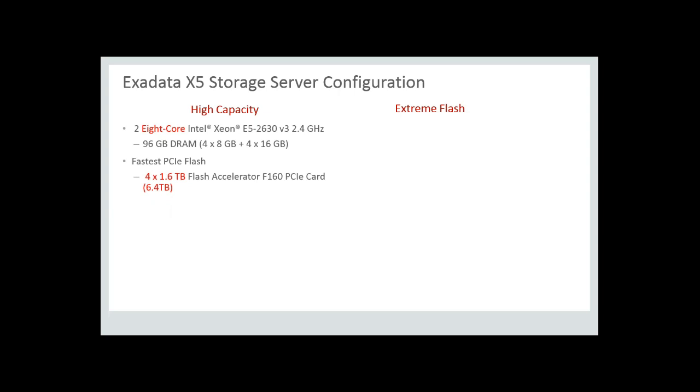The second important thing which the storage server comes with is the flash. Each Exadata storage server comes with 4 flash PCI cards, each with 1.6 terabyte of capacity. When we are talking about one storage server, that does not mean the complete storage of Exadata. One storage server means only one of the commodity servers. So one storage server comes with 6.4 terabyte of flash only,